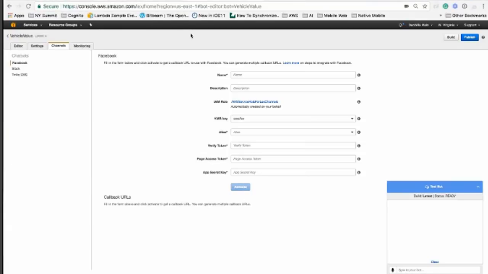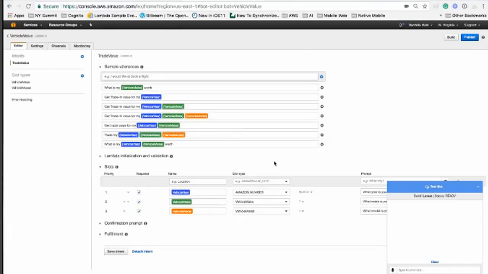So that's great. So now let's go back into the editor here, and then let's talk about utterances real quick. We've got a few minutes. Utterances are how you predict what your users are going to say. So if I just say, anything you want to do, cash in my vehicle, whatever, you could put in the parentheses if you want, and it's going to look for those values as soon as somebody says that phrase. So you can put it in there and then sample. Again, build out a few of them,